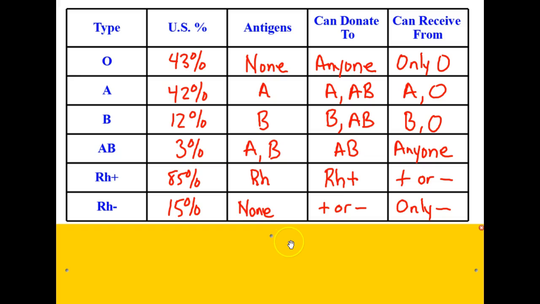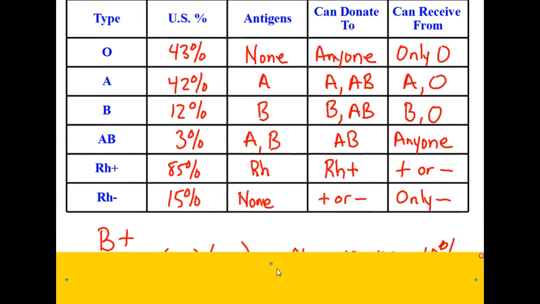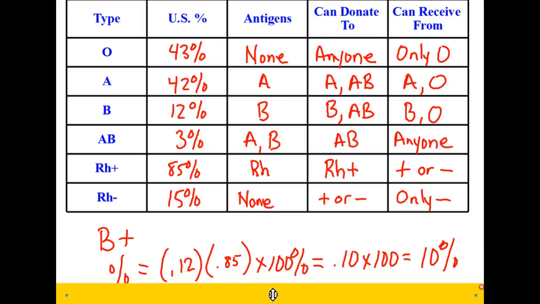All right, so last thing I'm going to show you here is how do you figure out your percentage when you combine the ABO type and the Rh factor. Let's suppose we wanted to know what would be your percentage chance of having B positive blood. Well, your percentage chance of having B is 12%. Your percentage chance of having Rh factor is 85%. So you convert each of these percentages to a decimal. 12% as a decimal would be 0.12. 85% as a decimal would be 0.85. And you multiply them,